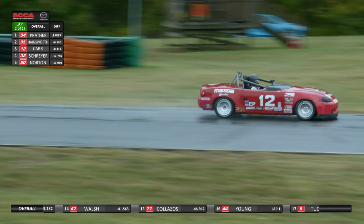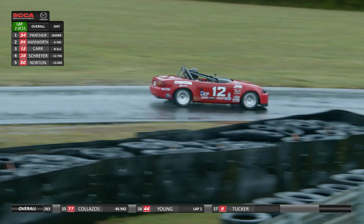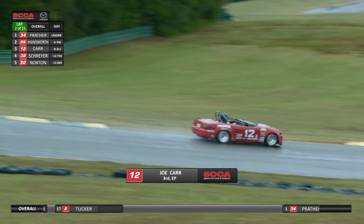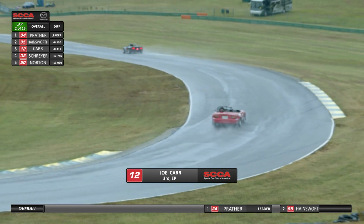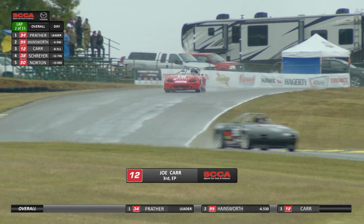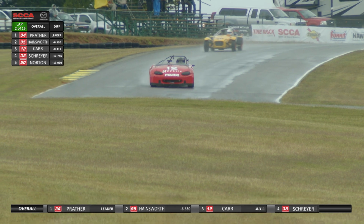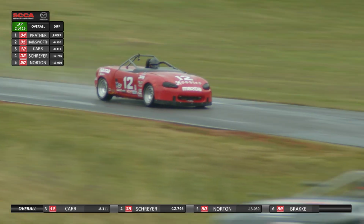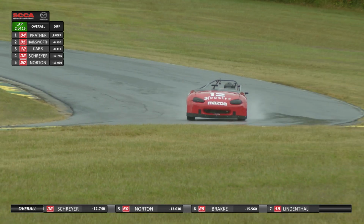as the number 12 car of Joe Carr. What a great start after being back in row number 4, finding his way up into 3rd spot. And let's see his lap time. We'll wait till he comes around next time. Wasn't quite as quick as John Hainsworth. As Hainsworth begins to put some distance, but he needs to watch his mirrors. Peter Norton's coming. He is coming quick, and then number 12 on camera there, Joe Carr, started that first half